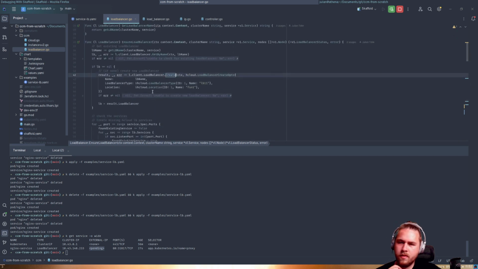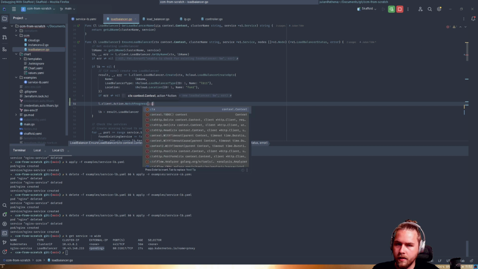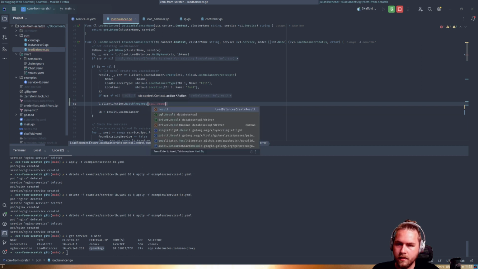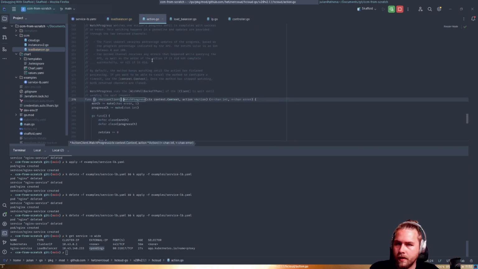Okay, so here we create the load balancer, but we kind of don't wait for the result. So what we could do is say arrow.client.action.watch progress. We pass in a context and the action. And then we get back